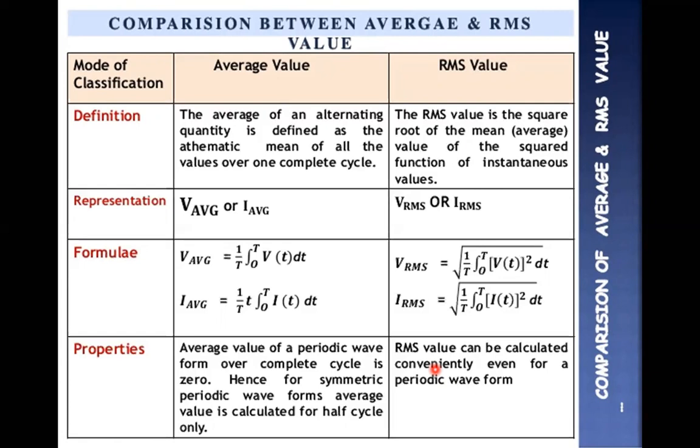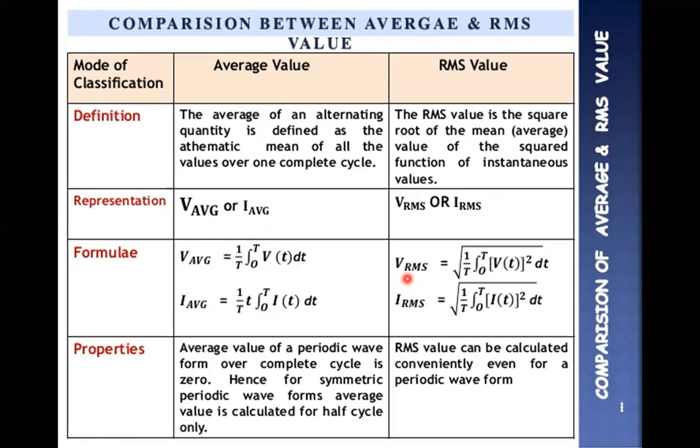The definition for the average value is that the average of an alternating quantity is the arithmetic mean of all the values over one complete cycle. Whereas the RMS value is the square root of the mean or average value of the squared function of the instantaneous value. This is defined for voltage as V average or I average, and VRMS or IRMS. The formula for V average is 1 by T integration from 0 to T of v dt. Similarly for the current. And VRMS is equal to under root of 1 upon capital T with the limits 0 to T